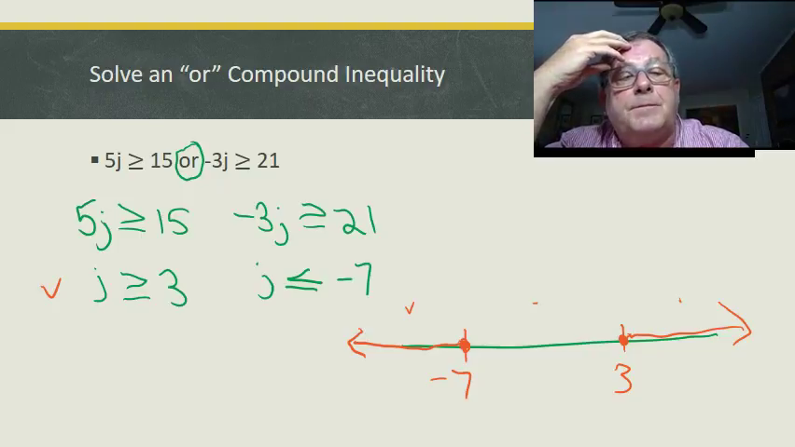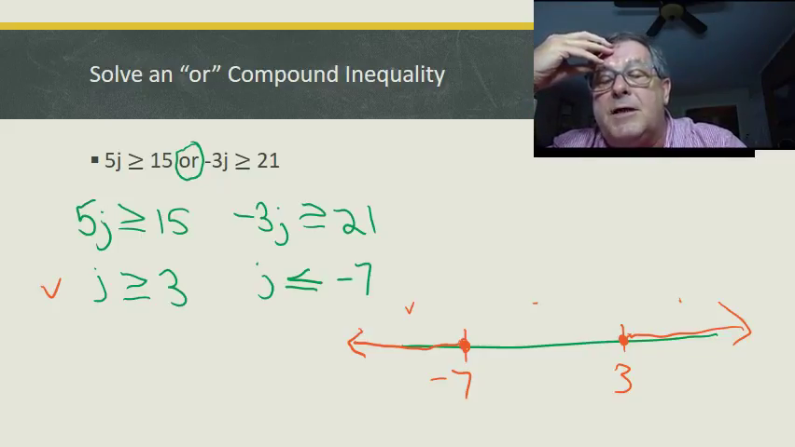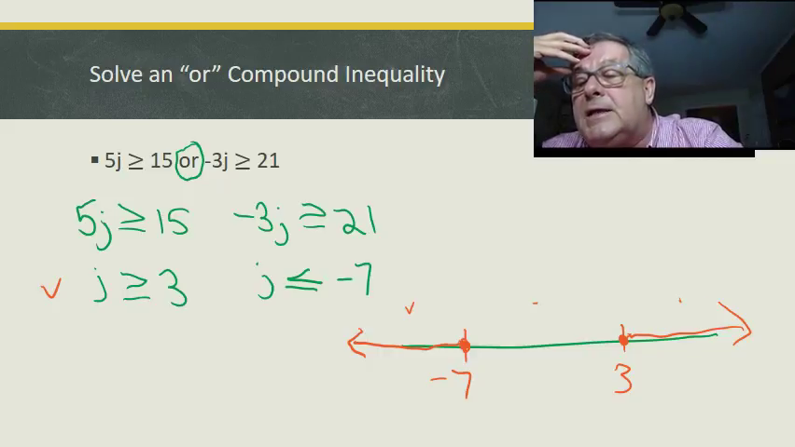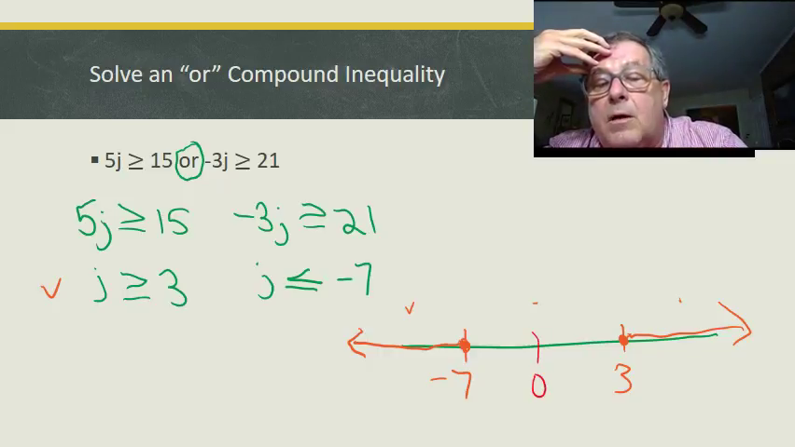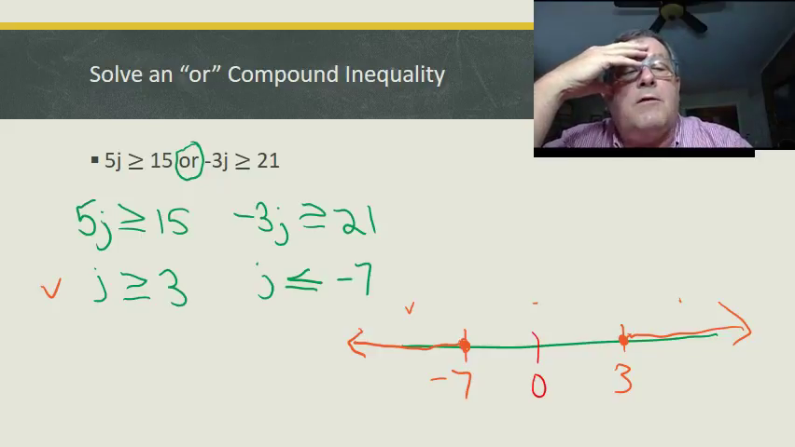So let's see. If I wanted to verify this, I could test this interval right here. So what's between negative 7 and 3 that I could test? Well, I could test 0. How about that? So if I plug in 0 for g right here,